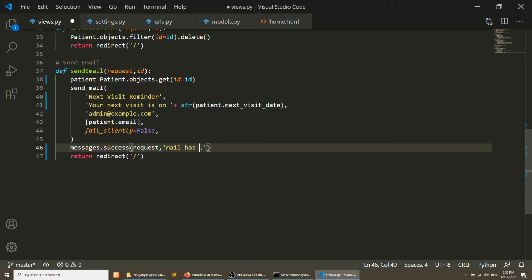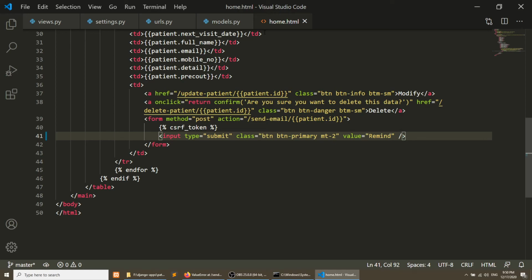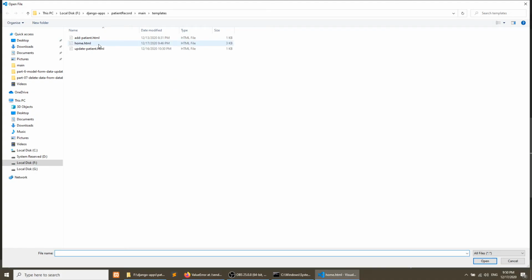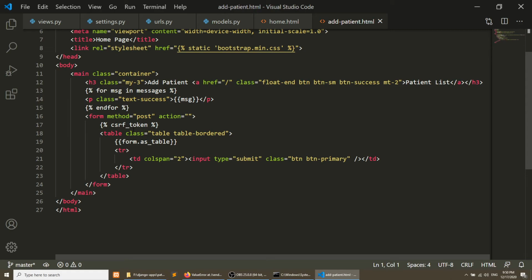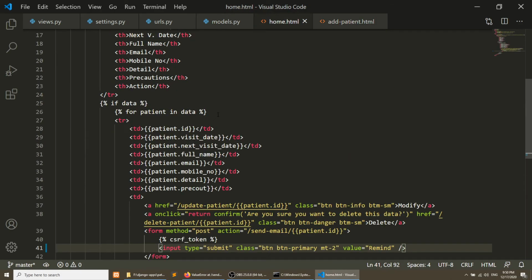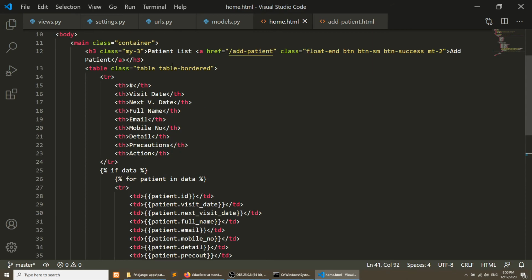On the home page, we will show the messages like we do for add patient and the others. We will copy this message and paste it after this link.